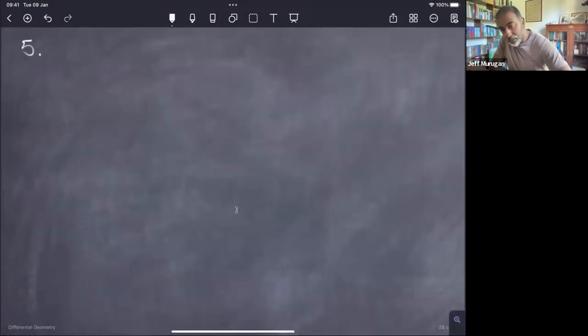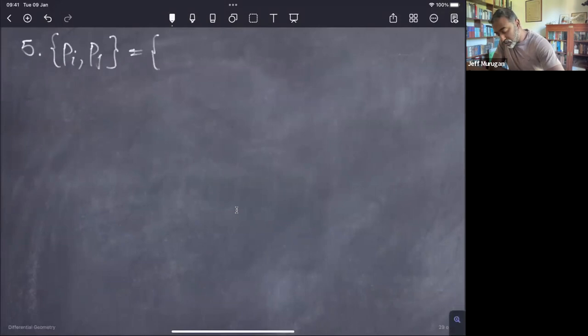So property 5 says that the bracket of Pi, Pj is the same as that of Qi and Qj, and that's 0. And I'll do this one for you. Qi, Poisson bracket with Pj,